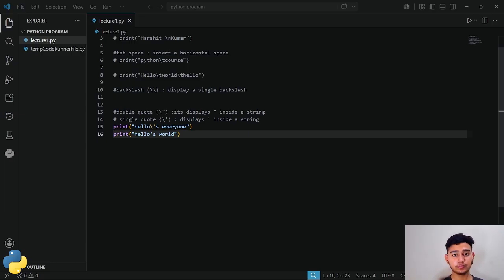Now we are going to our homework. What we have done today. Basically, you have to answer in the comments: what are comments in Python, why do we use them, what is the difference between single line comments and multi line comments, what are escape sequences. We have studied these different types of escape sequences today, and why are comments important while writing a program. And for the last time we revise what we have done today.